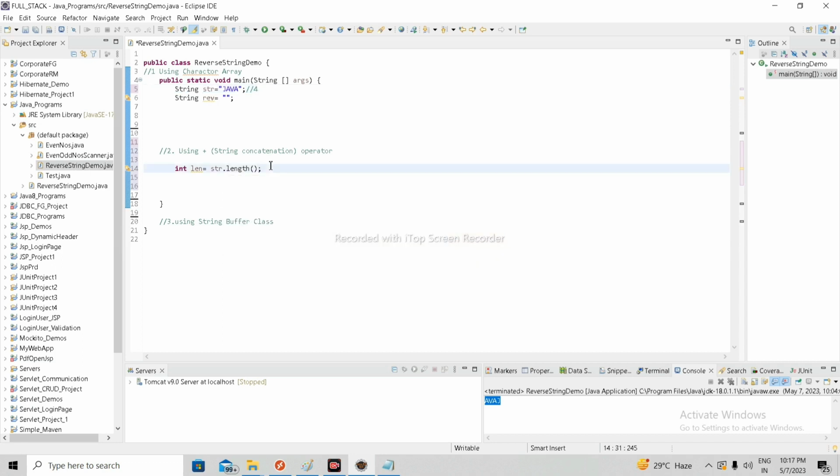After that we need to iterate over this string.